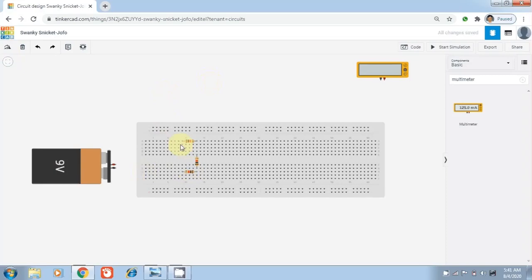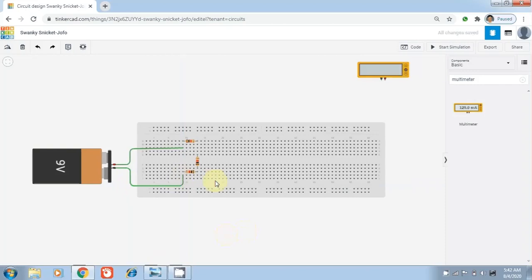Now we connect the positive terminal of a battery to the circuit like this, and connect the negative terminal of the battery into the circuit like this.